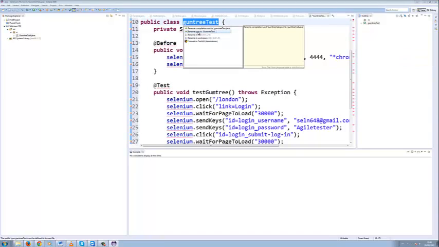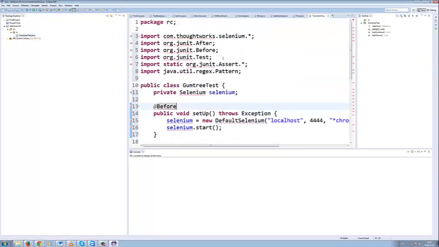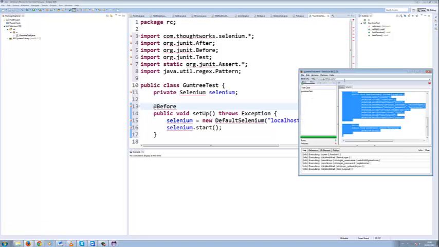Rename type to Gumtree test. So it will bring the same name inside, and we solved one more error. While we are copying this from the IDE, what did we select? We selected